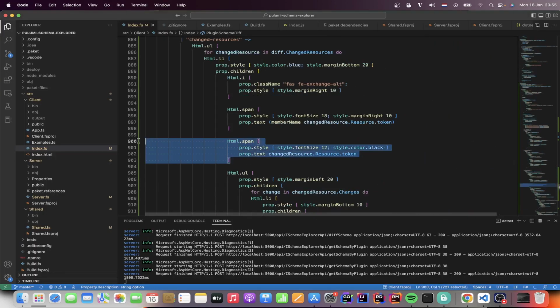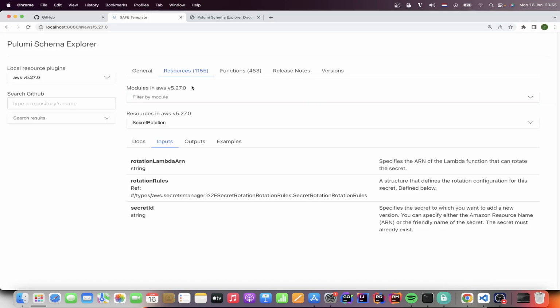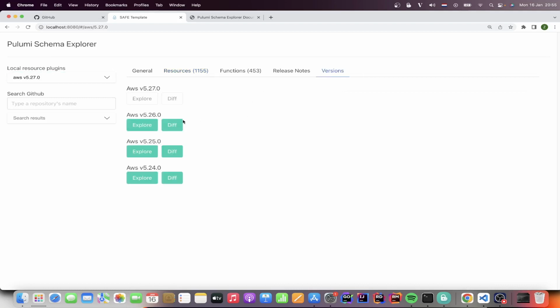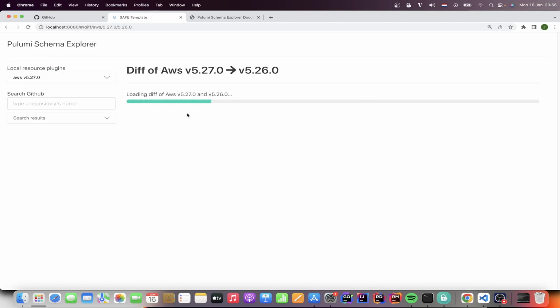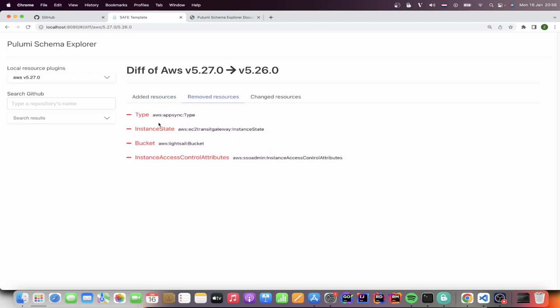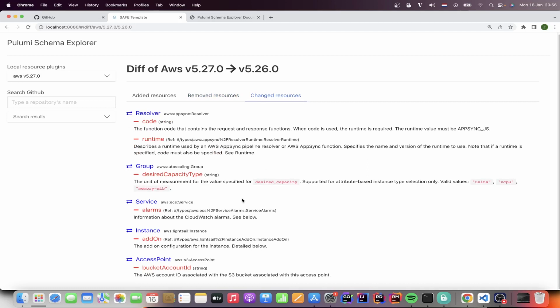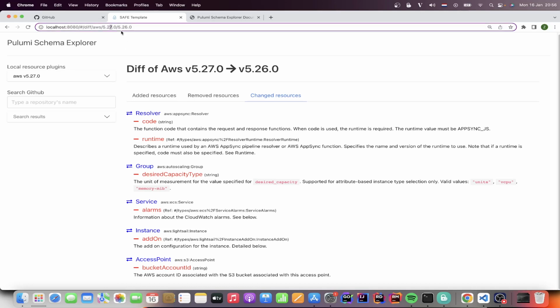All right. I think this was pretty interesting actually. So let's go back. Okay, so what happens if we go to versions and we diff against a previous one? We will see that properties are removed, added removed properties. So when they were previously added, they are now removed. That makes sense. And changed properties will be the opposite of what has been added. Yeah, that's really nice. So between 2.6 and 2.7. Now if we flip them,